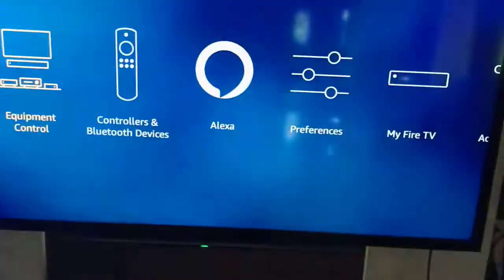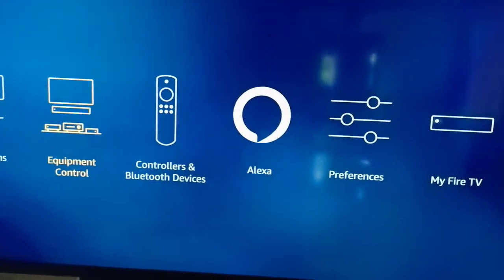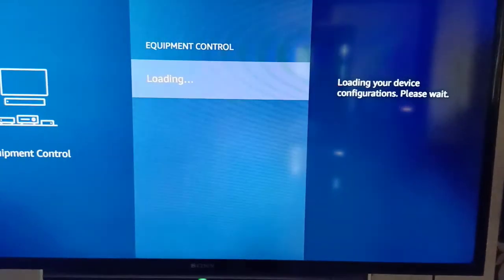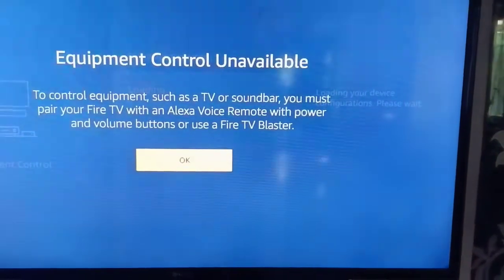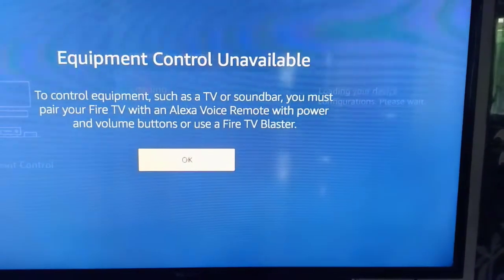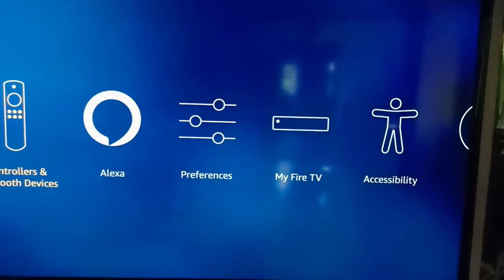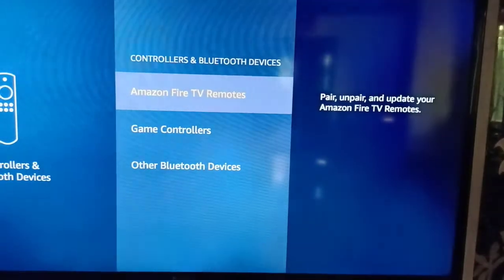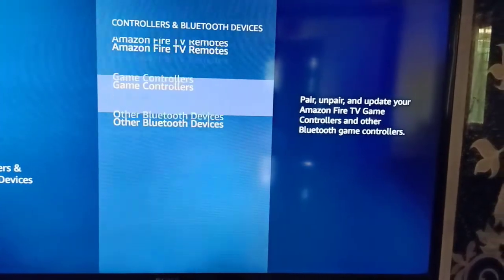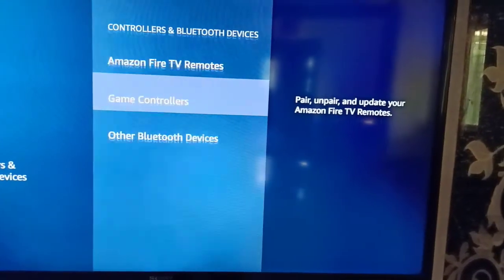You can control the equipment, so if you want to connect a different speaker, then you can go here. If it's Bluetooth and everything, it will be shown here. Controller and Bluetooth devices. The Amazon Fire TV remote and any other speaker also you can do from here.